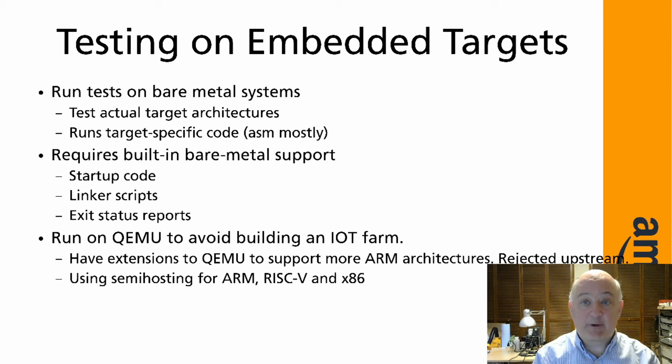Picolibc does this by building bare metal tests for each architecture and then running them under QEMU, which avoids needing a pile of sketchy embedded hardware for testing. Bare metal code requires hardware-specific support in the form of starter code and linker scripts. Finally, the tests also need some way to report status back to the test harness, which uses the semi-hosting support